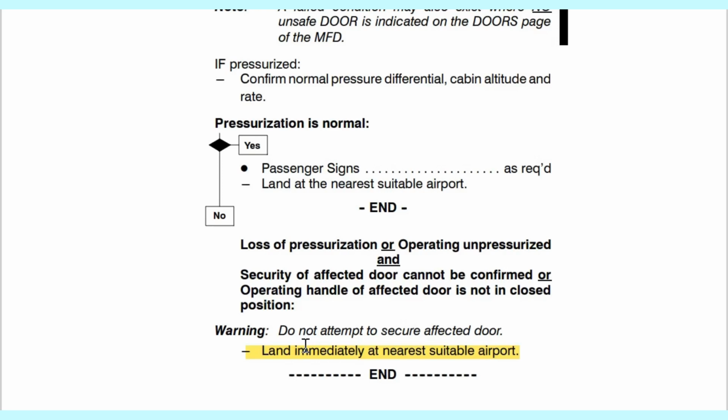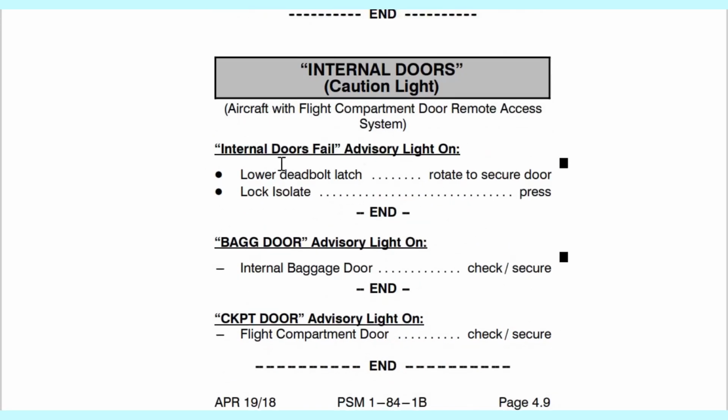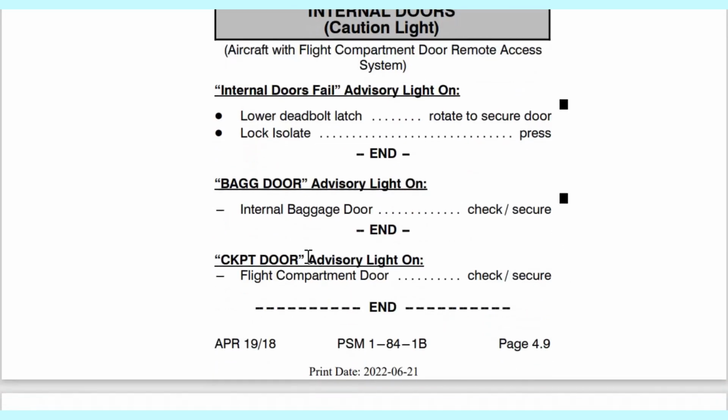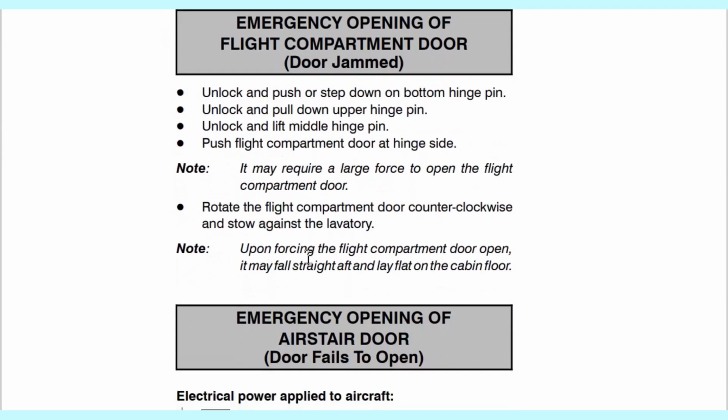It does come, yes, but it's just about the internal doors, so you just have to look at the security. All this here isn't as hectic as the ones I've just discussed in this section, and all you have to do is just read. But my whole point again is for you to understand how to read the QRH. It's very important that you understand how to read the QRH and how to action things, not in a rushed manner, but in a systematic, calm, and collective manner, so you can deal with each item clearly.